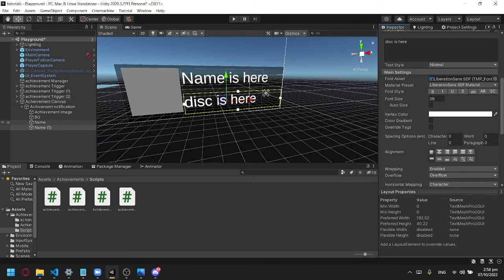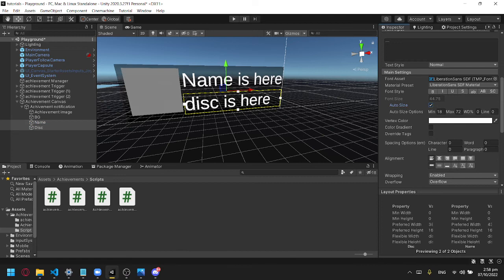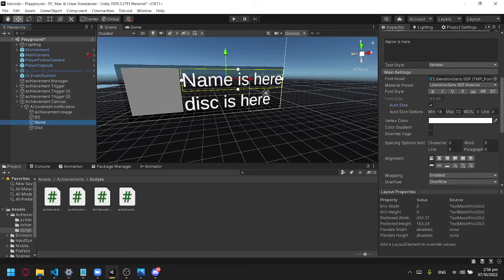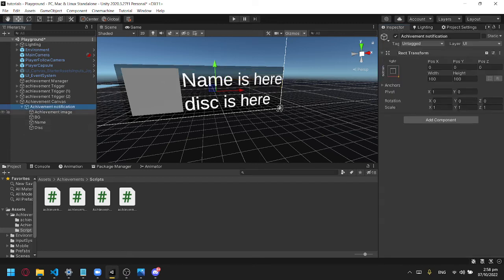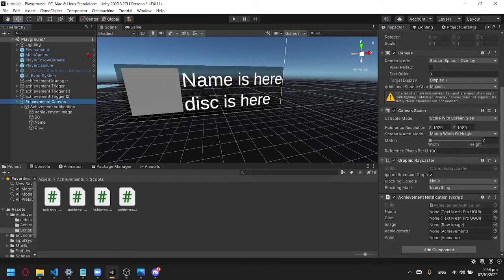By the way, you might want to enable auto size here. So if I just start typing a lot and there's a long name, it will make the text shorter so it can fit until it overflows. Name will be this one, description will be this one. I don't think you should add a description here, but it depends on you. I'm just showing you how to do everything. Achievement image and achievement, which actually